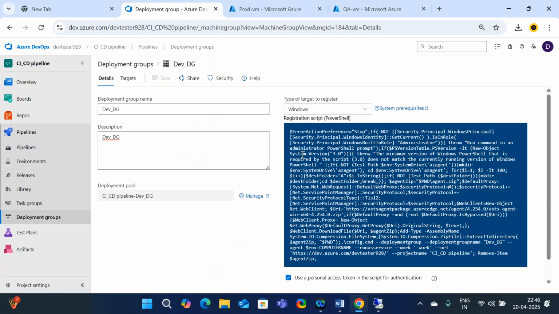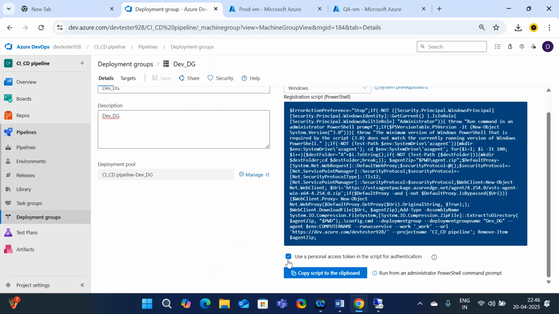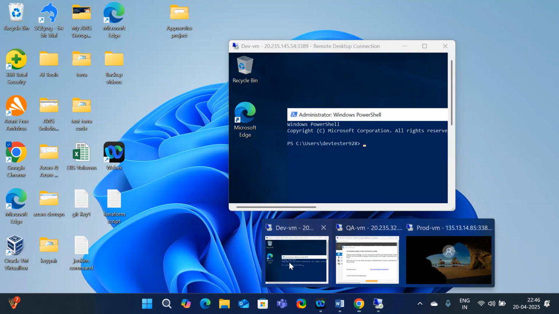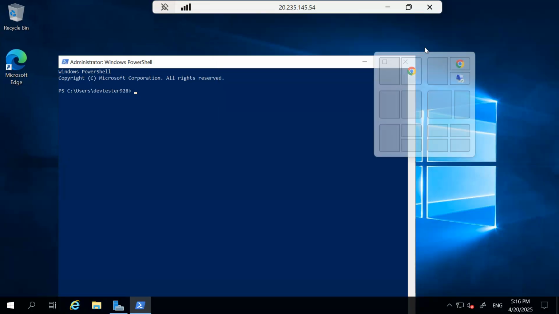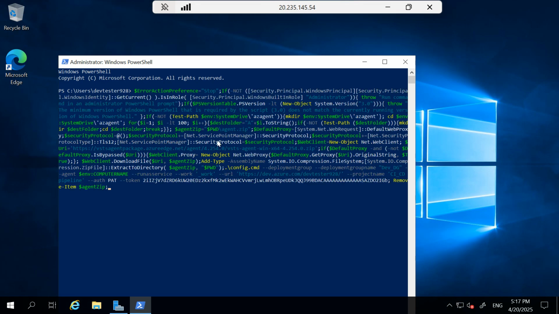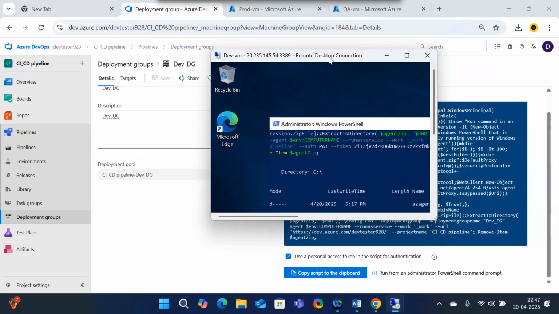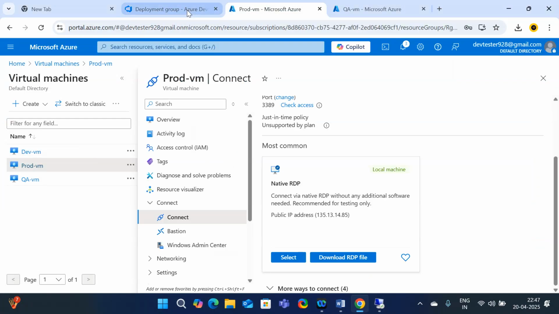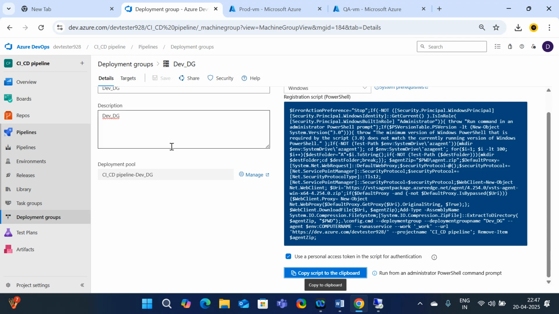So here, go to deployment group, and here click on use personal access token in the script. Just copy the script and come to the dev machine and expand it, paste it, enter. Okay, it is going to take some time. In the meanwhile, what I will do, I am going to create